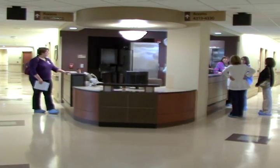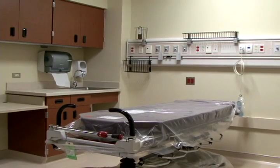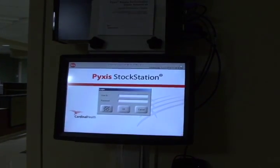There are 267 private patient rooms, 53 emergency department bays. There are 4 trauma cardiac rooms, a CAT scanner dedicated in the ED for the emergency department, as well as a general x-ray room, and an imaging department that is full of brand new technology. And we have a